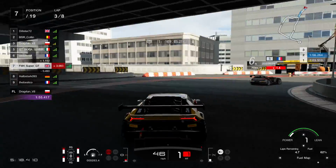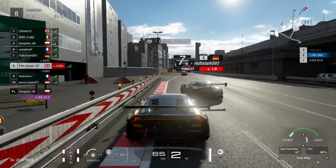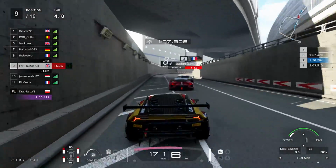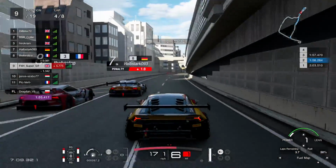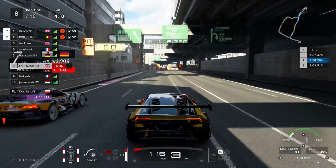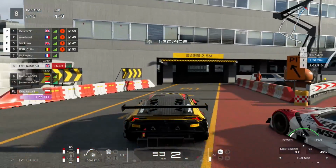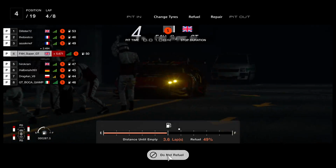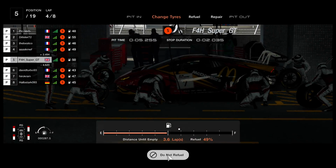So at this point here, lap 3, going a little bit deep. So this hairpin creating a lot of drama. Halfstock goes back through. He's in the Toyota. As we're going to come into the pit lane here, I'm actually going to go back past these two guys on the brakes on the 150, receiving a little bit of tap, and we're going to swing round into the pit lane, and actually that Toyota comes back for an overtake into the pit lane. We actually saved a decent amount of fuel there, 50%,